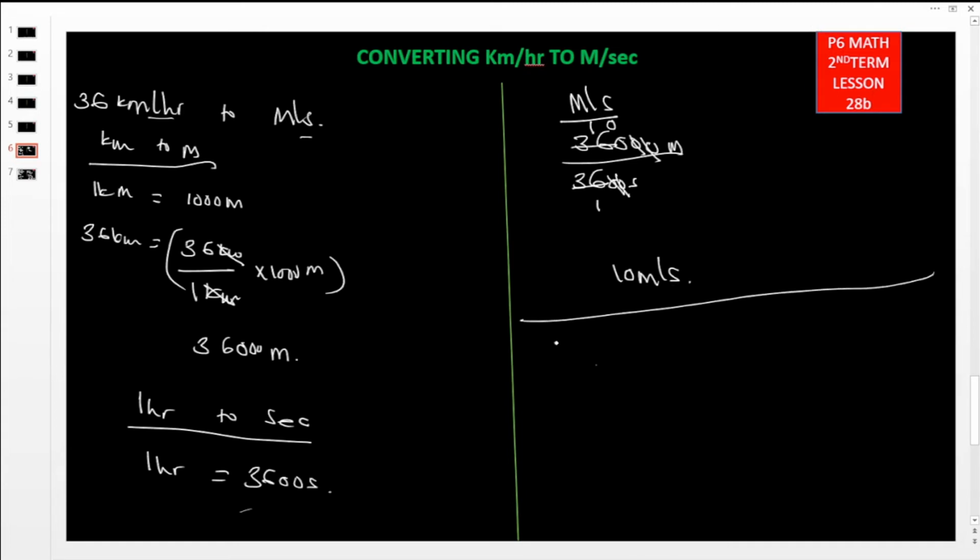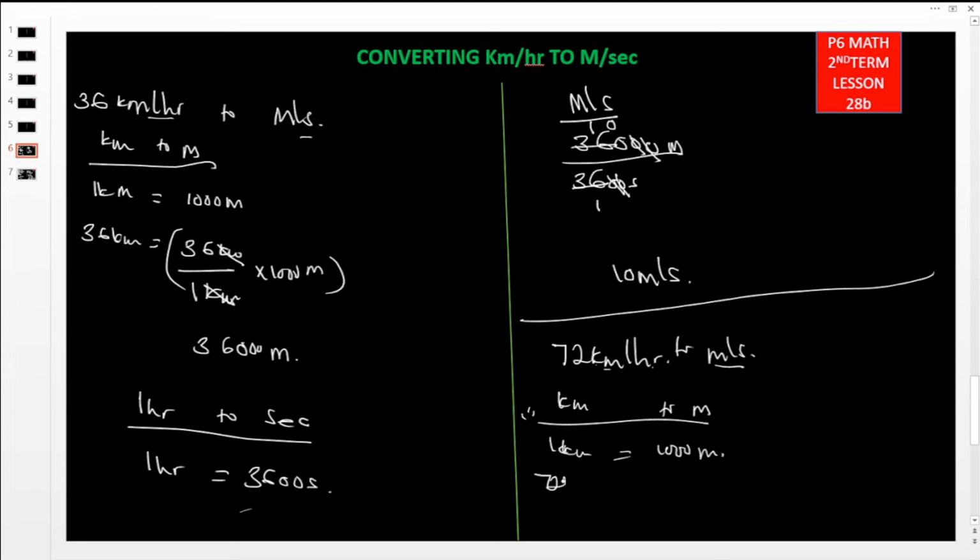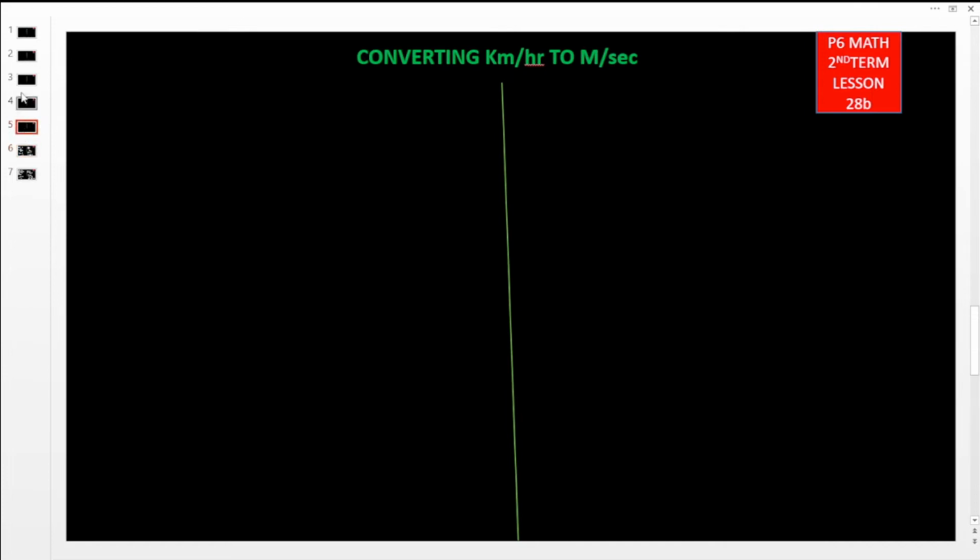Okay, let us get another example. Let us take 72 kilometers per hour, converting to meters per second. The first step is to convert from kilometers to meters. 1 kilometer is equal to 1,000 meters. How about 72 kilometers? It is 72 kilometers out of 1 kilometer times 1,000 meters. When we divide this with this one, we come up with